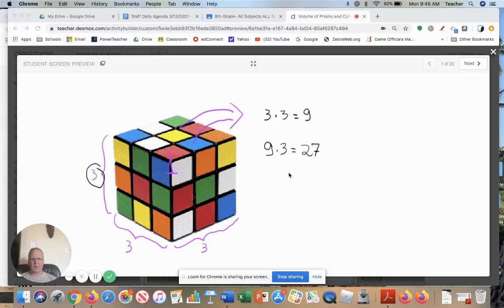Last week we talked about surface area. Today we're going to talk about volume. Okay, remember volume is the amount of space on the inside of a figure. So here we have a Rubik's Cube, and it is a cube, so all the dimensions are the same, 3